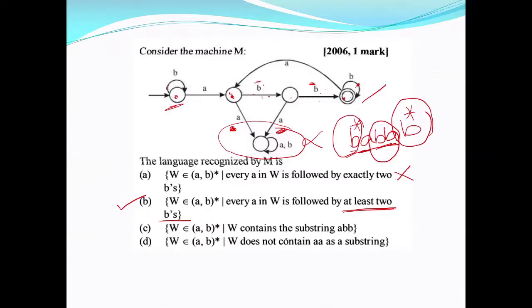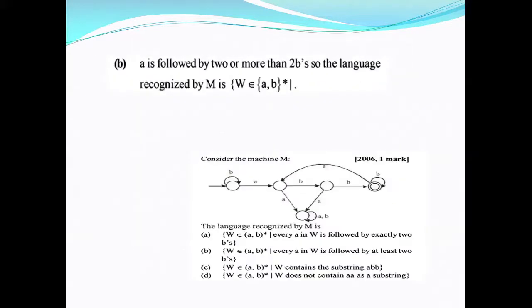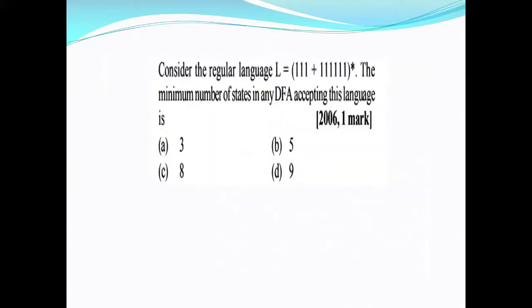See, the option that w contains the substring a, maybe. This is not correct because once it is a substring, either a or b can be here, right? Once you get one more a, it is coming to this point and checking whether it ends, right? So this is correct, right? Now you can see that is the explanation.